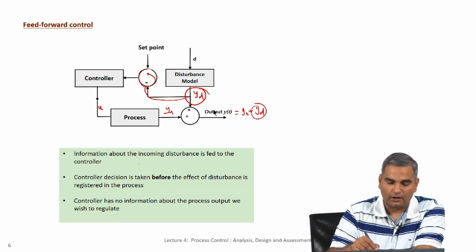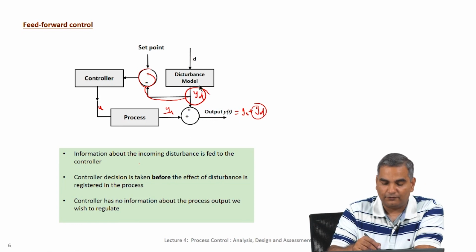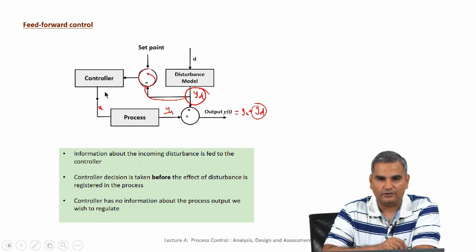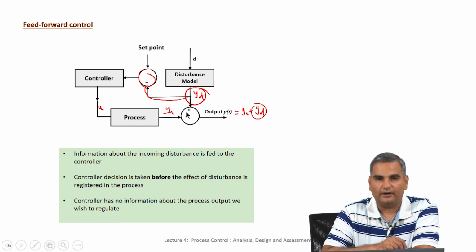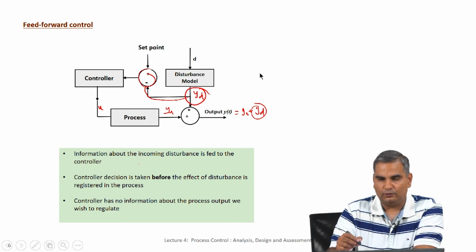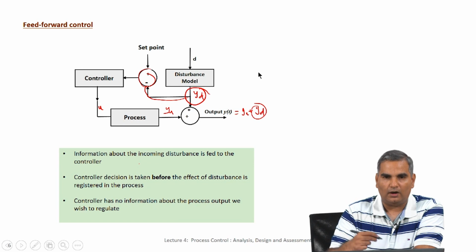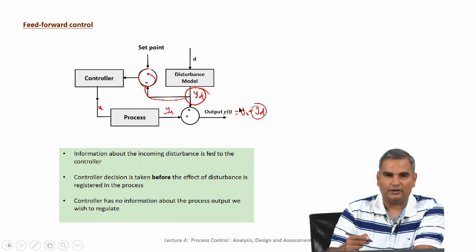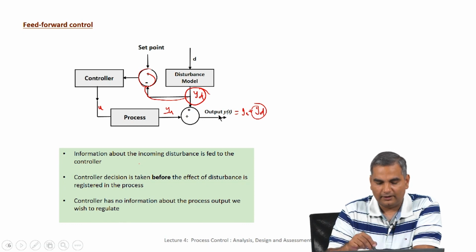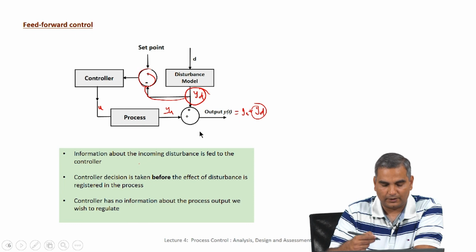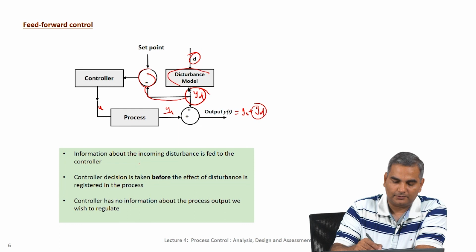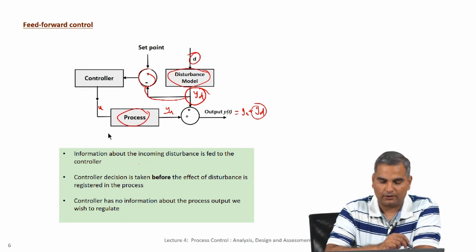However, in this case you are not using a feedback error, but you are using a feed forward measurement of disturbance to change the manipulated variable value in this way, so that I am able to control my output at its set point. So, this is feed forward control. Now, similarly, if you know that you want a set point change, then you could use that information to again manipulate and get a new u, so that the output goes to a set point. Here the problem is, for a feed forward controller to work well, your measurement of your disturbance should be accurate, the disturbance model should be accurate, the process model should be accurate, and so on.